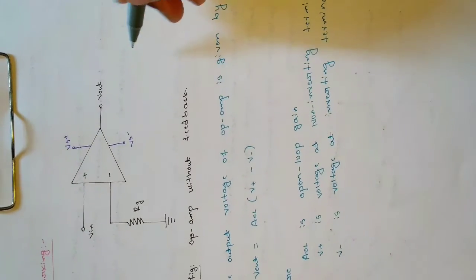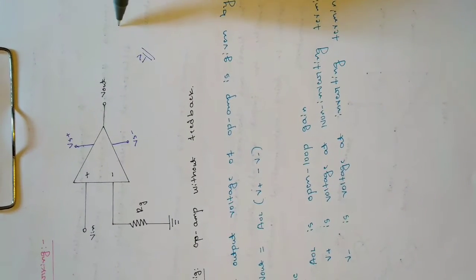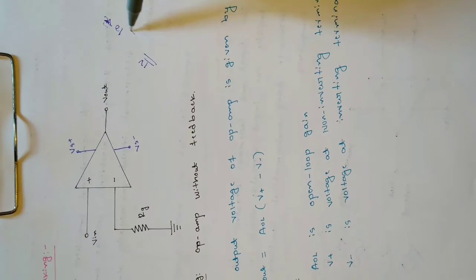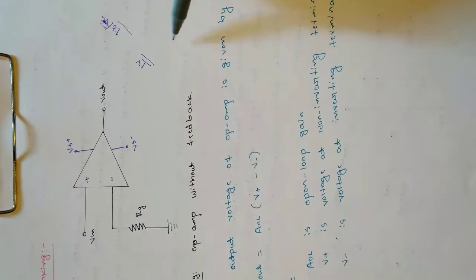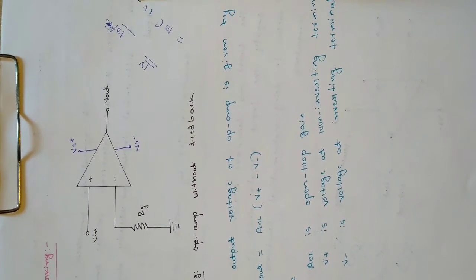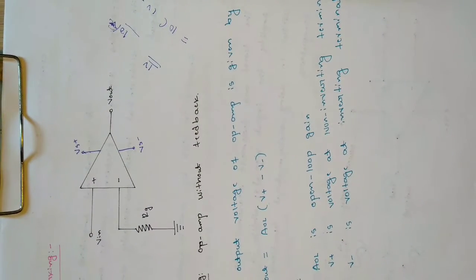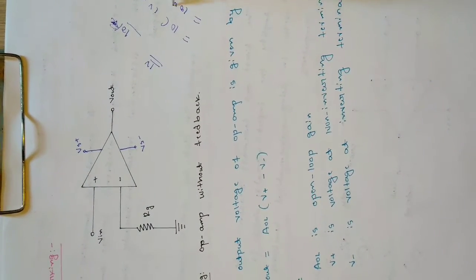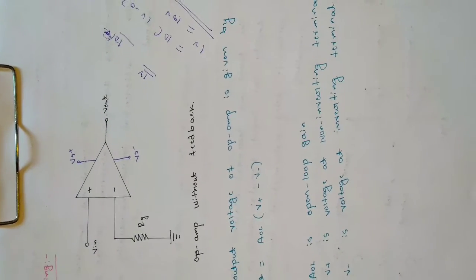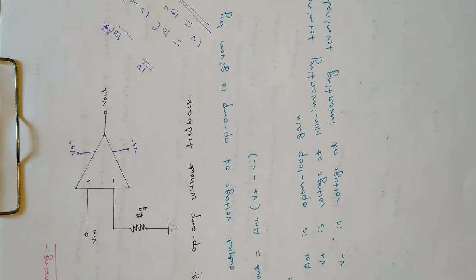AOL is the open loop gain. So if we assume an example here, if the input is 1 volt, say, and the open loop gain is 10, it is not in volts, it is a mere number here. So the output will be 10 into (1 volt minus 0), since the inverting terminal is directly tied to 0, and the output will be 10 volt. So for a 1 volt input we are getting an output of 10 volt, so the gain is 10, and it is the open loop gain.